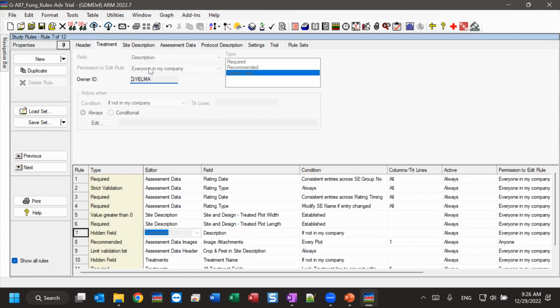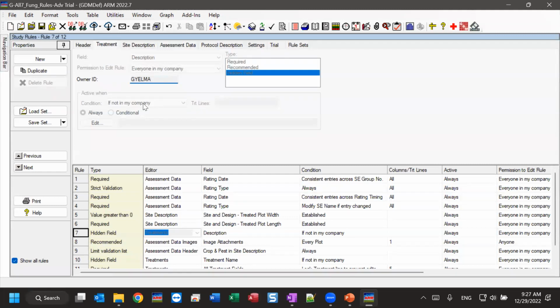And you'll notice that the key here, how I did this, was I added this rule with a different license than the one I'm using currently. So kind of acting as though the sponsor here, this GYELMA, was the owner of the trial. Maybe that's the sponsor company that had created this rule. And now they sent the trial to me. So because my license is not this GYELMA,